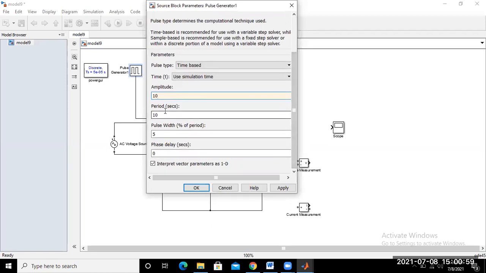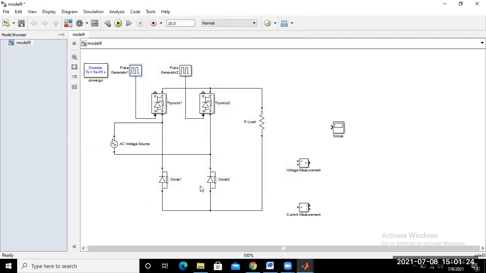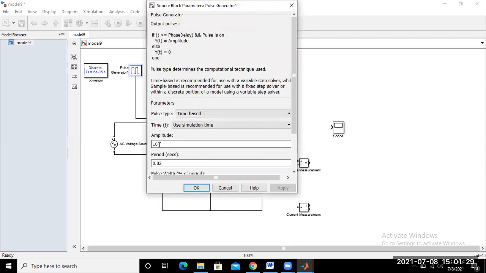Period is 1 by frequency. Okay. So frequency is 50 hertz. So time period is 0.02. Is it not? So again just apply. Now again click here. So now you set the amplitude value and time period, that is 0.02.